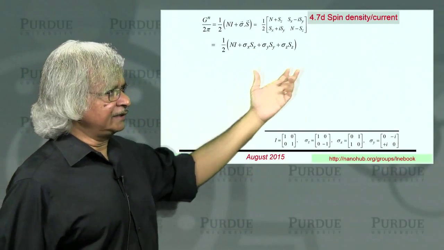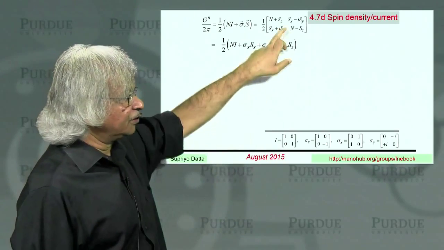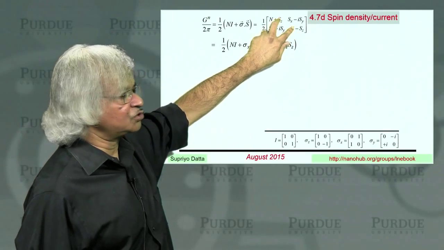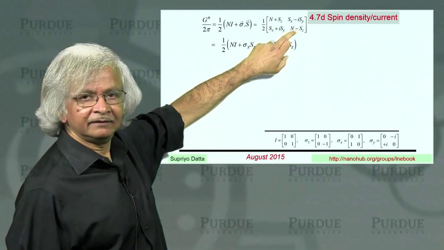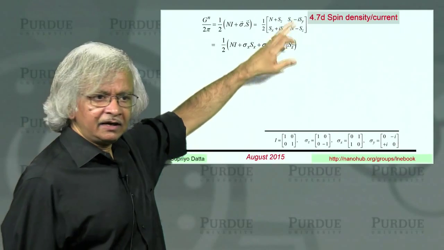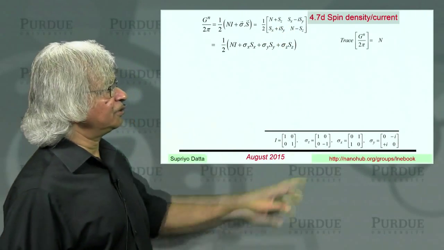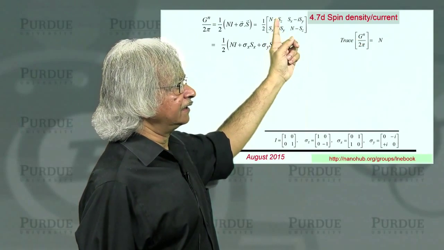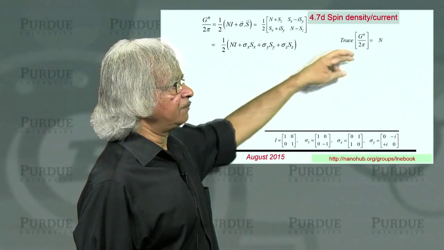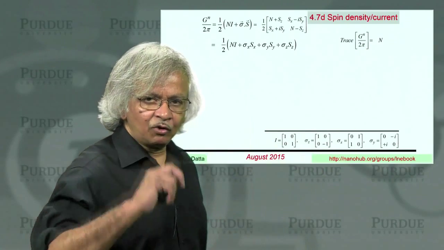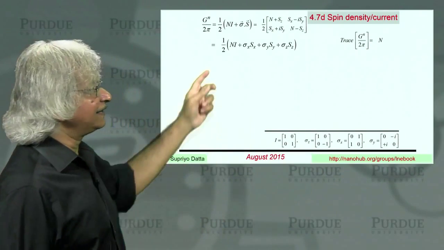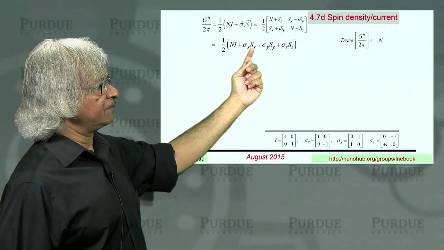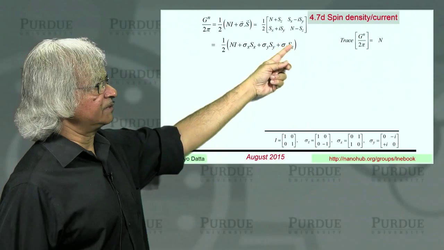So, mathematically, there's a formal way of doing this. Of course, you could look in here and say, okay, this is n plus Sz, this is n minus Sz. So I'll add these two up, and that should give me n, because the Sz will cancel. And formally, you could say, what you should do is take the trace of Gn. Trace means add up the diagonal elements. So you can see if you add it up, you get n. Actually, there's a more formal way of seeing that, and that is, you note that you can write this as Ni plus sigma x Sx plus sigma y Sy plus sigma z Sz.